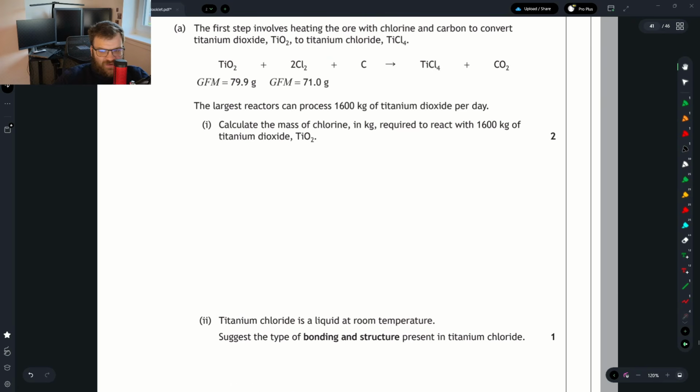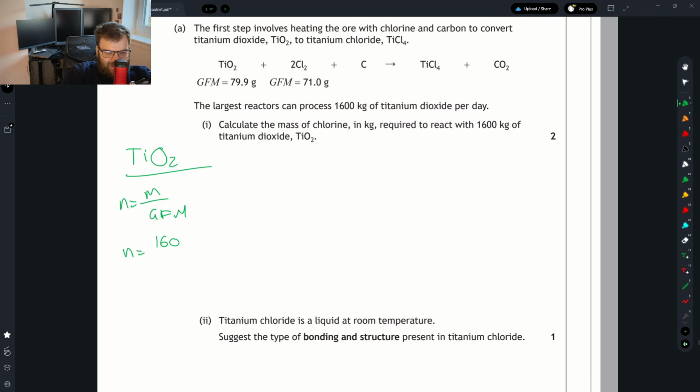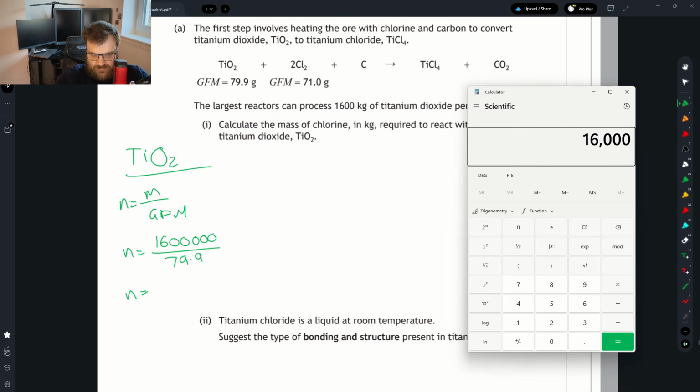On to number 9. Here we are asked to calculate the mass of chlorine required to react with 1600 kilograms of titanium oxide. So I'm going to start with titanium oxide over here. N equals M over GFM. I'm going to put it into grams, even though it's going to make it a wee bit more unwieldy, but it's the gram formula mass we're using, so I feel more comfortable using this. And that is 79.9. So N equals